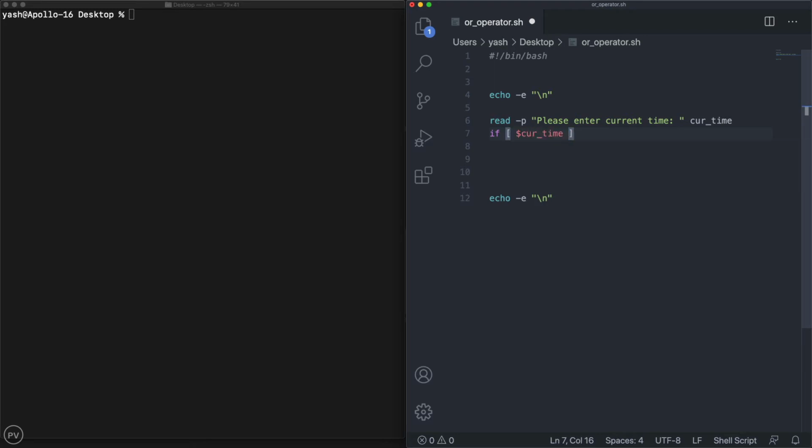Then we will have our if condition, and we will say current time. Whenever you are working with this if part, make sure there's a space after the open square bracket and just before the close bracket. Okay, and we will say is greater than 18, so that will be 6 p.m., or if current time is less than 10. Does it make sense? Yep, it does make sense. Then